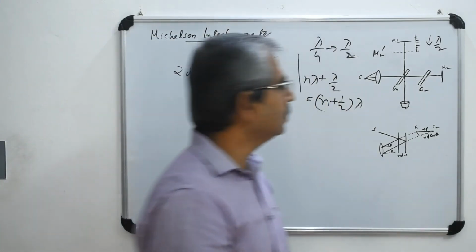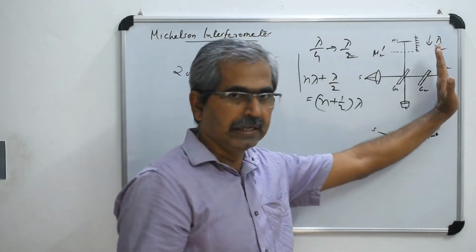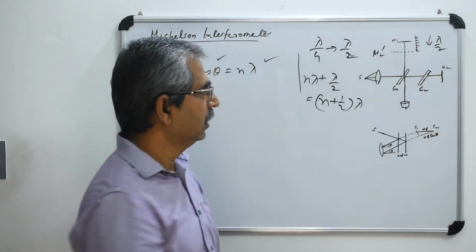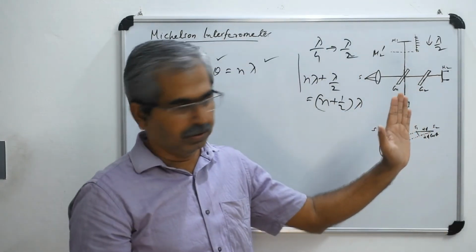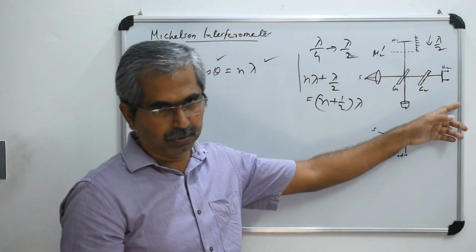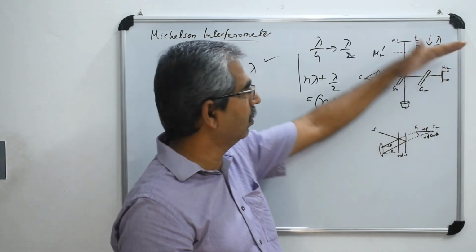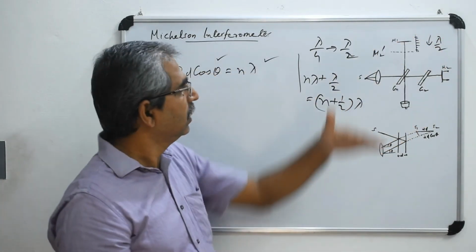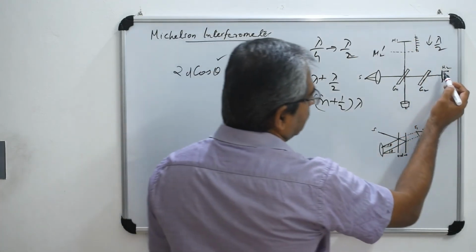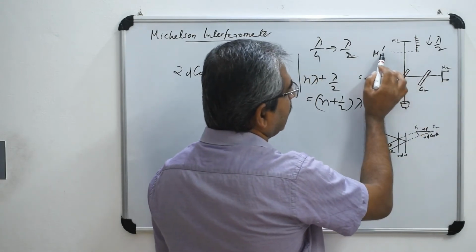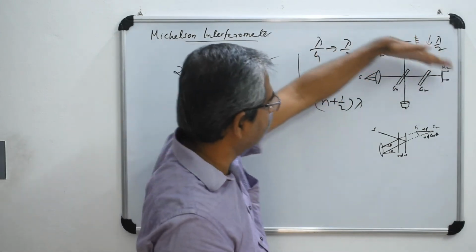Okay. Now suppose this mirror M1 or M2 is tilted a little bit. What will happen? See, there are screws there, you can adjust the position or the alignment of M1 and M2. This must be exactly perpendicular to each other in the center. Then only you will see this particular fringe pattern. Suppose this one is actually tilted. What will happen? See, you are tilting this one, and you will observe the image of M2 here.